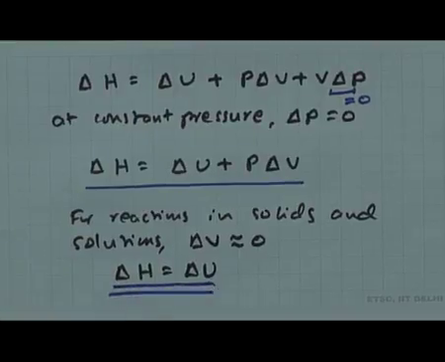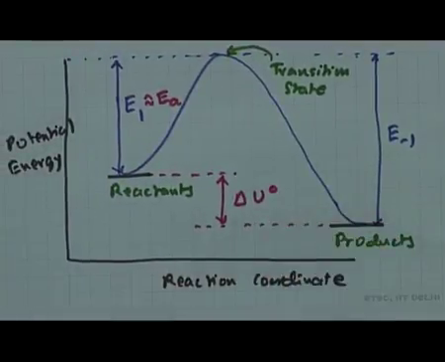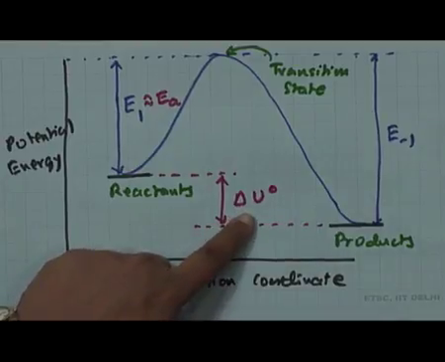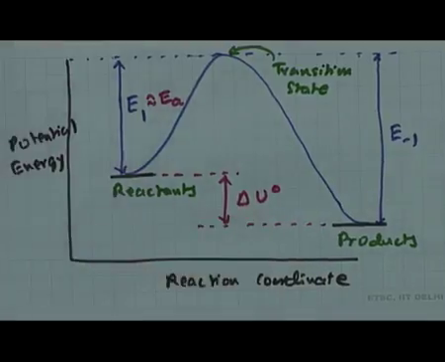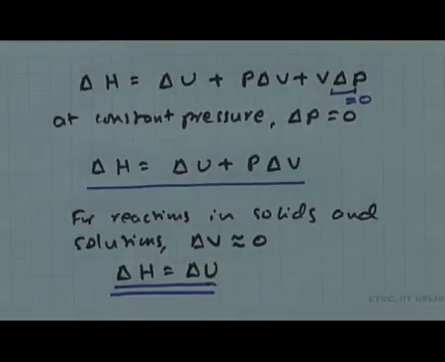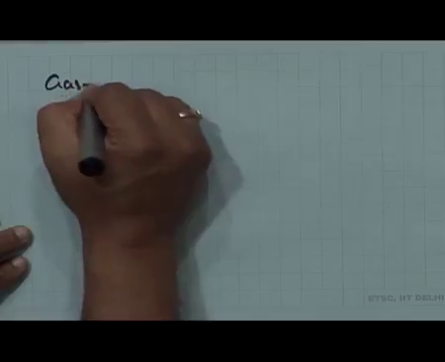So, now go back to what we had started discussing this from. We are talking about this delta U naught. For solids and liquids, or solutions where reactions are happening in solutions, we straight away have delta U naught is equal to delta H naught, no problem, right. But what about gases? For gases, I cannot say this. So, let us talk about gas phase